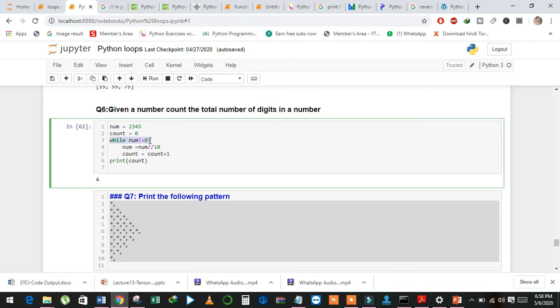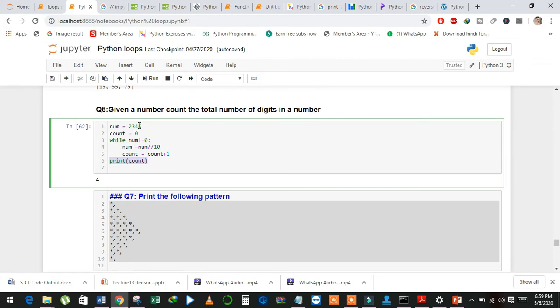As long as num is not equal to 0, divide num by 10, take the floor of that number and store it into num, and then increment the count by 1, and then I just printed the count.